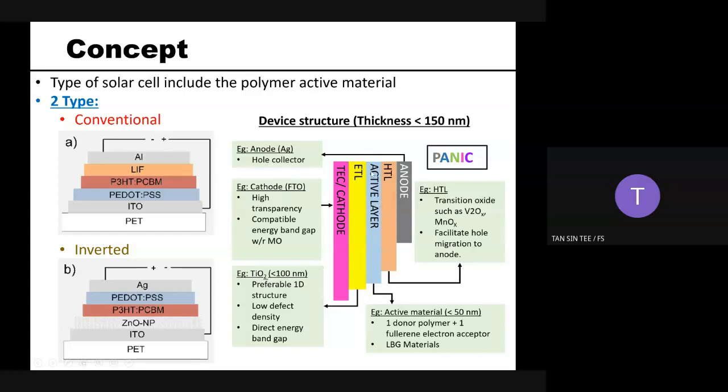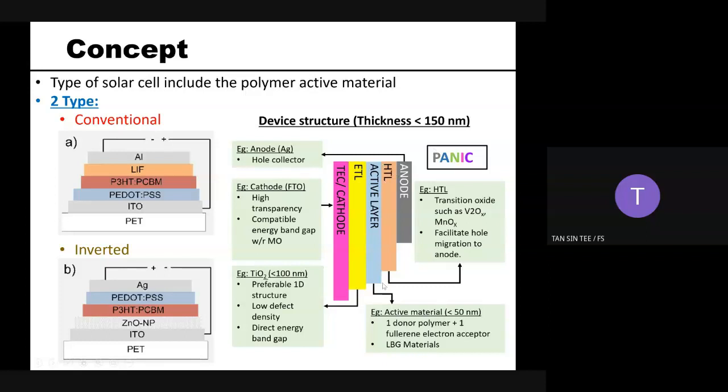And then you have an active layer here. The active layer for the organic solar cell is normally comprised of two kinds of components. The first one is an electron donor polymer, and the other one is the electron acceptor, which is made up from a fullerene derivative. Some people will use a low band gap material, but low band gap material sometimes has a stability issue and is sensitive to the air. You need very well controlled conditions to fabricate your devices.